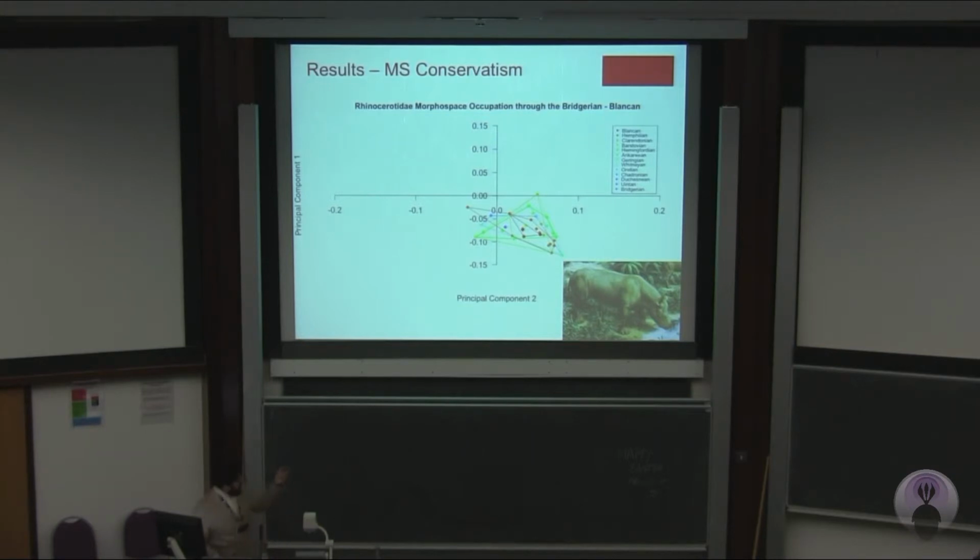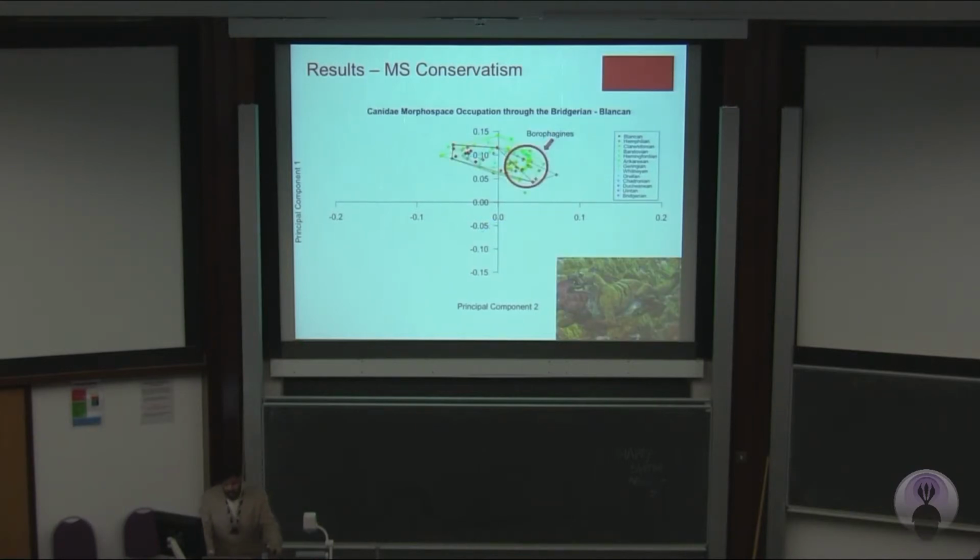So the rhinos in general, it's difficult to see any real pattern there. They're very conservative. They don't change their niche, their morphospace occupation. They seem to just stay and occupy that same space throughout their time, and that's despite some big changes in their dental morphologies. Additionally, we also identified niche morphospace conservatism in canids, although we did see some shifts in the